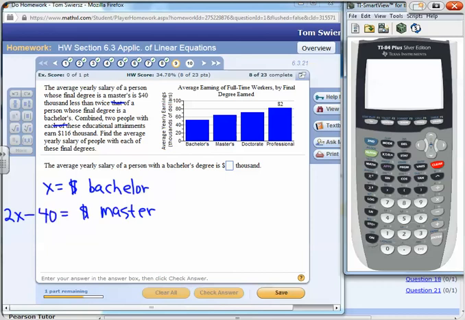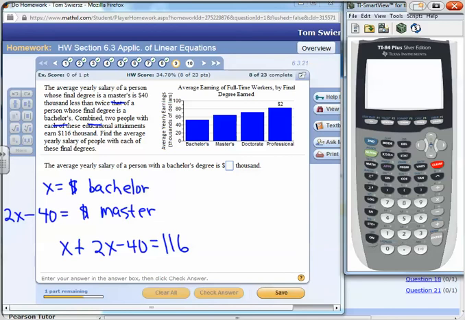We'll just go ahead and do everything in thousands, because the number is in thousands, so we'll just use 40 to represent 40,000. Combine means you add them together, right? So x is the bachelor's, the master's is 2x minus 40, equals